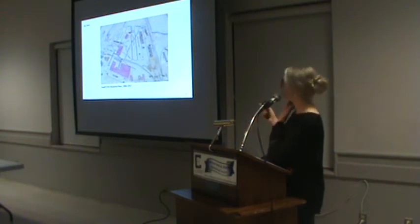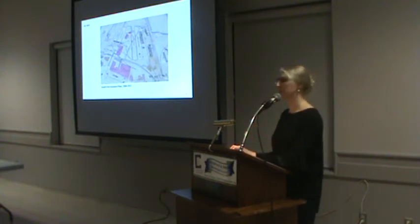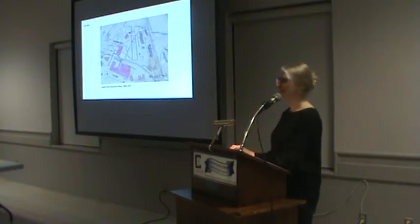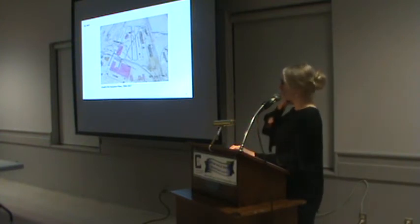And these maps are also interesting because they label all of these original shipyard buildings, which we have in photographs, but because this only is updated to 1917, none of the workers that we've created relationships with were there in 1917. They may know where a building was moved to, but they may not have known what its original function was. So we do have another series of these insurance plans from 1955,